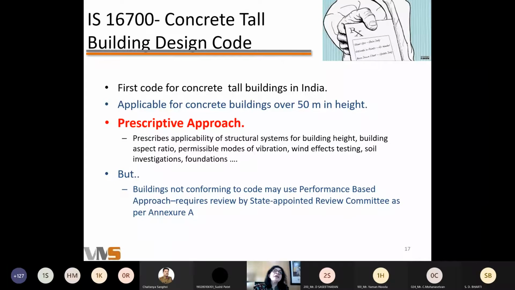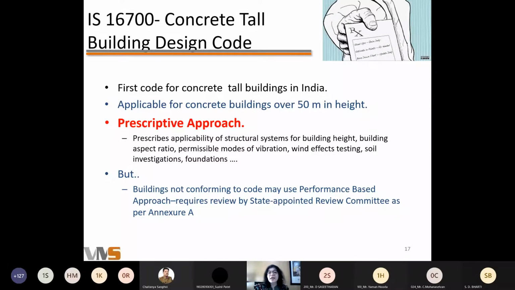It just means that you need to do more rigorous analysis and design to assure yourself, the client and the user that this building is safe in all load conditions, right? So instead of calling something which doesn't follow the requirements of the code non-compliant or in violation of the code, it is better to call them, and we've called these buildings, code exceeding buildings. This is something which is used elsewhere in the world too. If your building is code exceeding, that means you're not following the prescriptive approach of this code, then you need to have a proper review committee which will prescribe what you need to do,